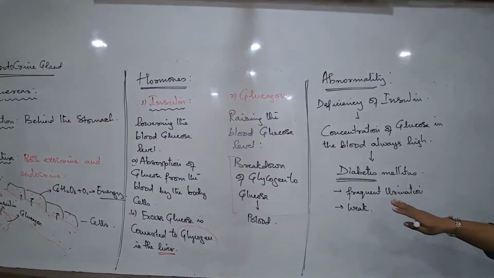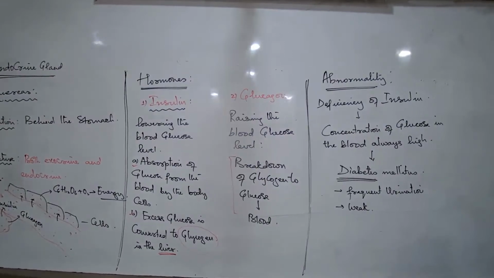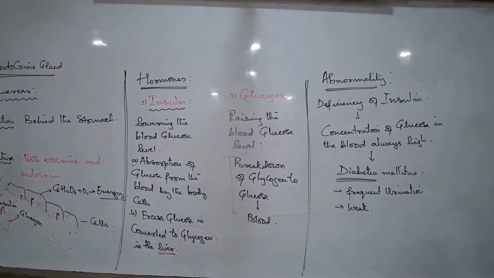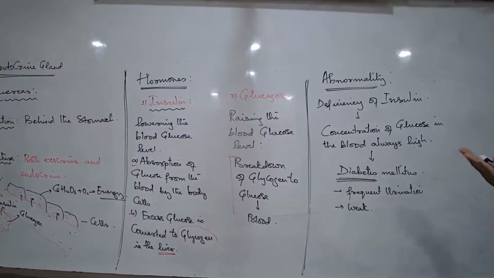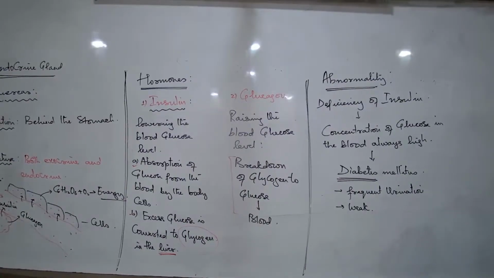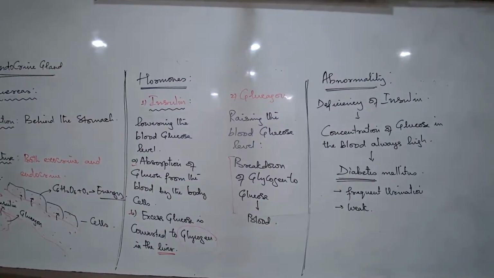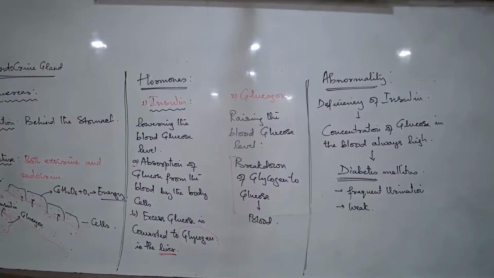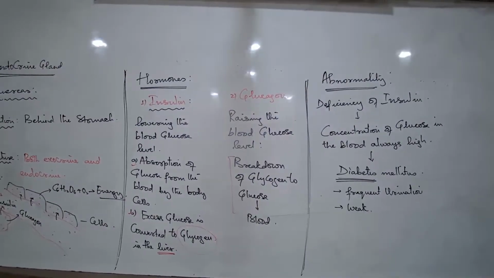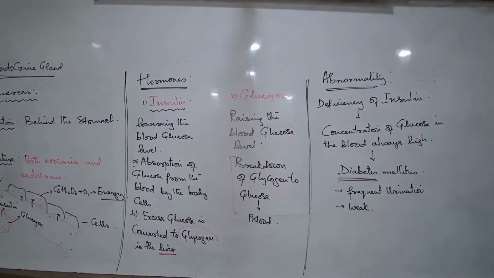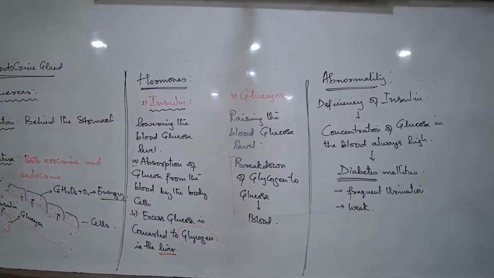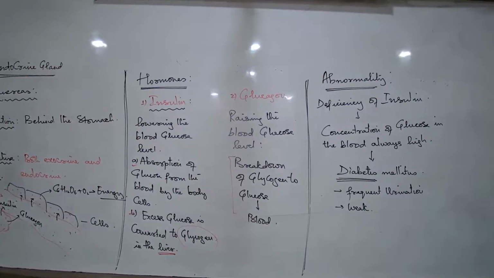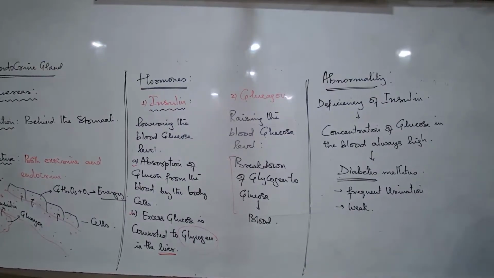Now, can we write that glucagon and insulin are opposite in their functions? Insulin is lowering the blood glucose and glucagon is raising up the blood glucose. You get a 1-mark question at times: name the hormone responsible for maintaining the blood glucose level. What is your answer? Maintaining means when it is too high, it has to be reduced, and when it becomes too low, it has to be increased. So which hormone will be responsible? Insulin and glucagon both.